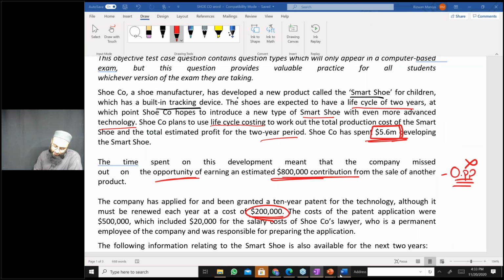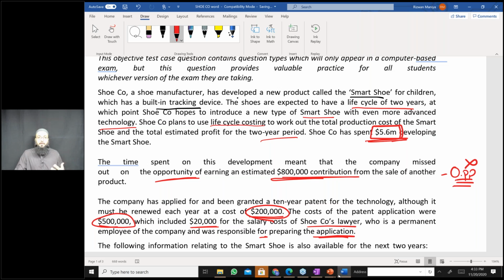Now the next is the cost of patent application were 500,000, which included 20,000 for the salary cost of the shoe company's lawyer, who is a permanent employee of the company and was responsible for preparing the application. So first of all, should I take 500,000 here? The answer is yes, I should be taking 500,000 because that application